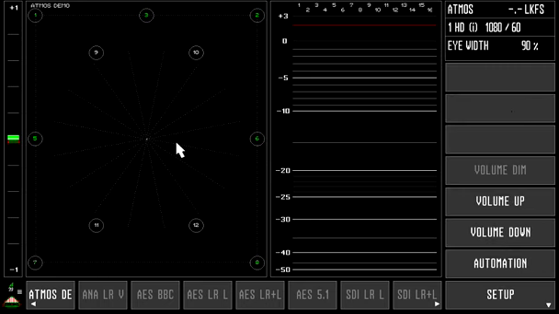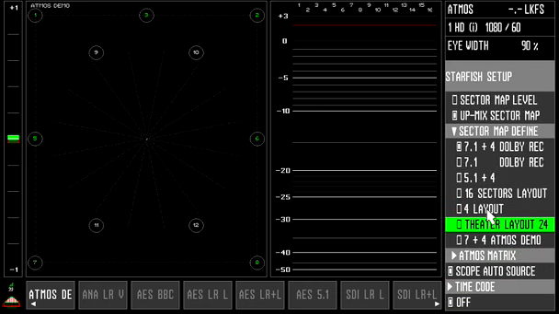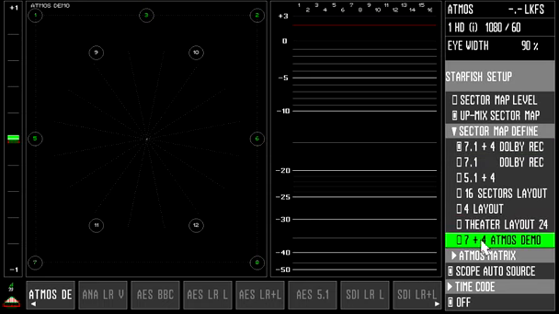The next thing I want to make sure is that I'm using the right template. So I go to this template and I right click, and I have provided a different set of templates. This is currently configured for the 7.1+4, the Dolby recommended channel assignment, but I have a special assignment for my video. So I'm selecting that, closing the folder,